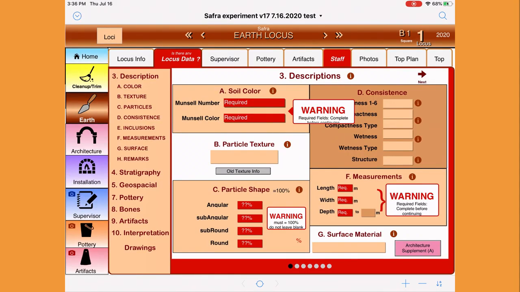Locus data. Is there any locus data? Well, if you're beginning your excavation, there probably isn't. But as you continue to remove soil from your locus, you're going to have information that needs to be filled in. There's a lot of information that needs to be filled into on a locus sheet like the one that